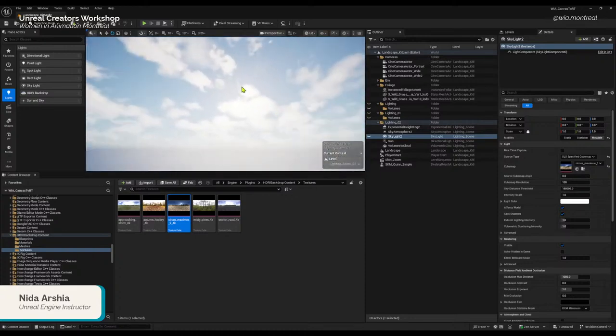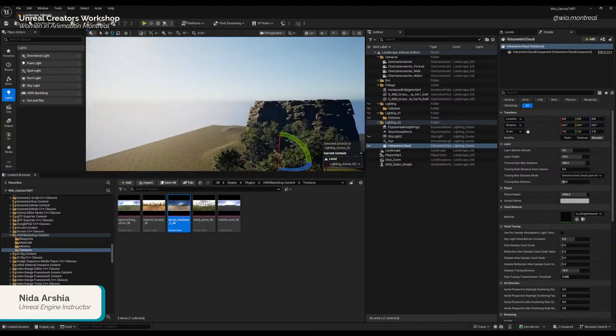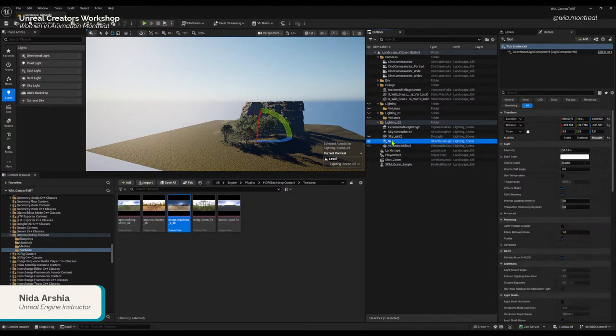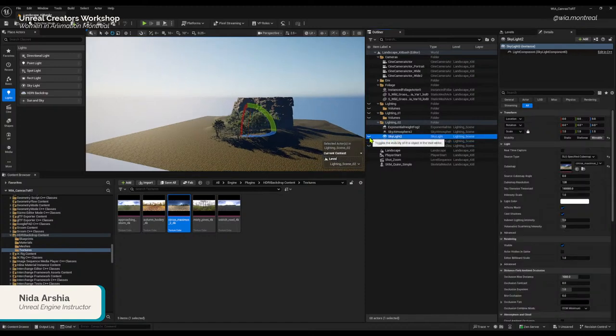So the sun is somewhere here. If I turn off the volumetric cloud, you can see the sun, a really tiny sun, is in this corner. Okay, so all the shadows are on the right. The light is coming from the left. So when we are using the skylight, we have to make sure that it is in harmony and it should not be conflicting with the direction of the sun. So what we can do here is,